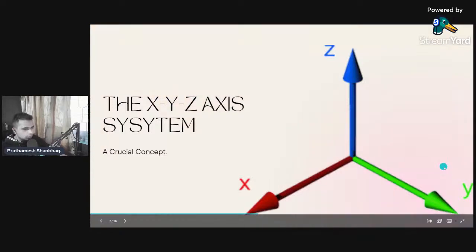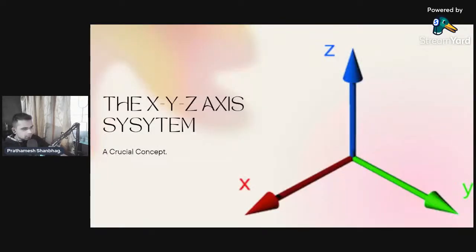Now, moving on to the two technical concepts. Oops, I skipped a slide. All right. The XYZ axis systems. Now I'll do something which is very nostalgic to you. I'll give you an example with a real life object like this box. This would be what you call a vertex. This would be what you call an edge, and this entire plane would be what you call a face. So vertex, edge and face.